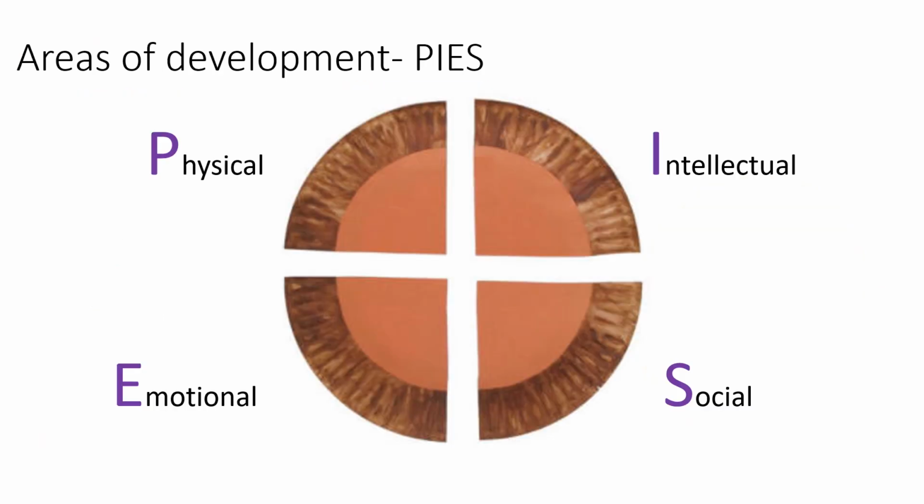Okay, the second key thing for today's lesson is understanding what PIES are, and this is question 3 on your question sheet. We will be talking about PIES for the next 2 years. So one of the key things is to really understand what PIES means. So PIES stands for physical. Physical is anything to do with our physical body. So that includes our physical growth and development, but actually can also mean things like diet, for example, or exercise, or illness, or disease. So anything that affects us physically.